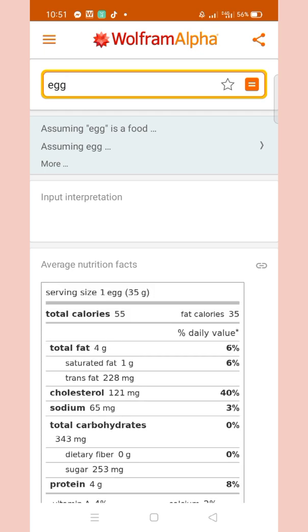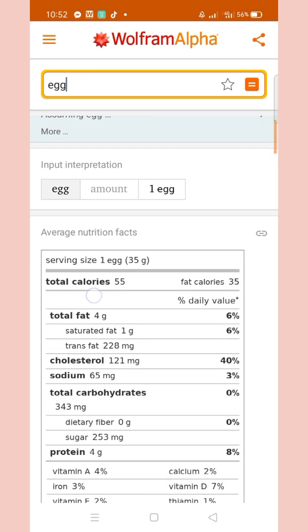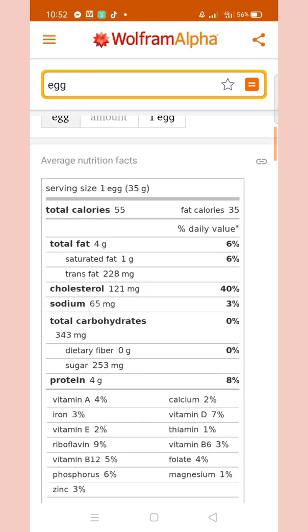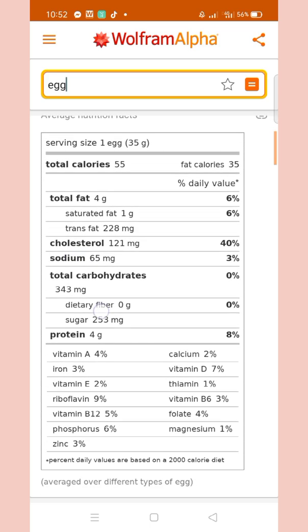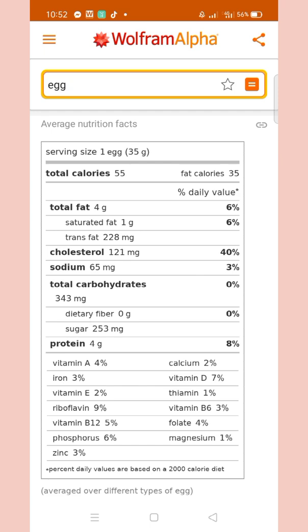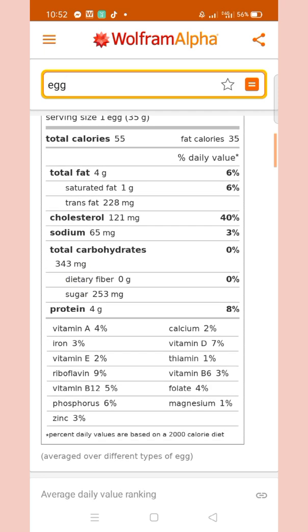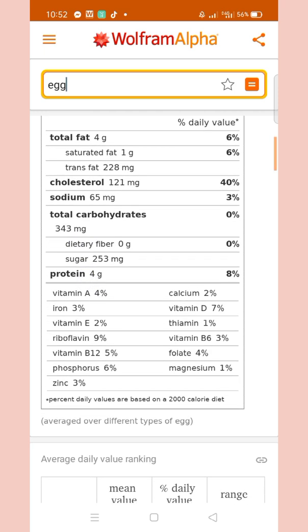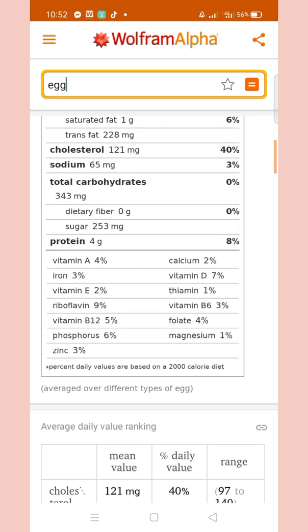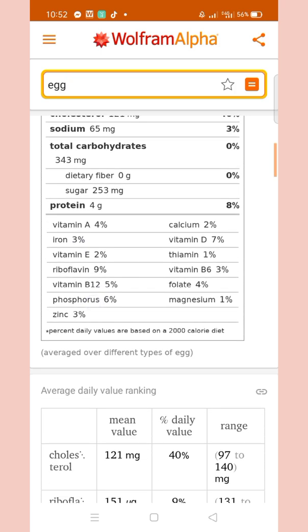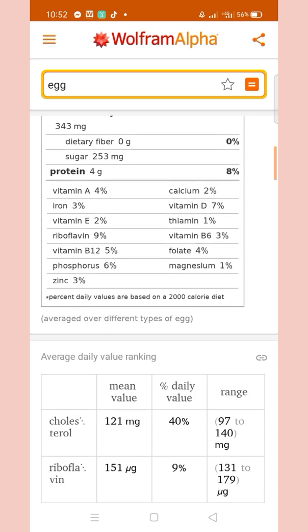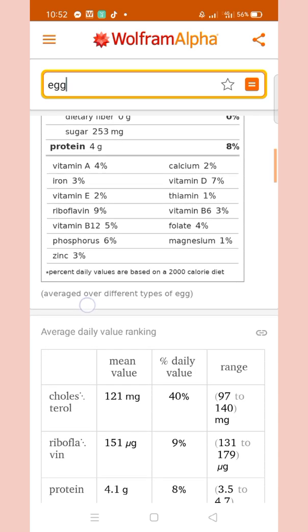so we can see there the nutrition facts of an egg: the calories, the total fat, saturated fat, trans fat, cholesterol, sodium, total carbohydrates, protein, vitamin A, iron, vitamin E, riboflavin, vitamin B12, phosphorus, zinc, calcium, vitamin D, thiamine, and vitamin B6, folate, magnesium. Then the average daily value ranking,